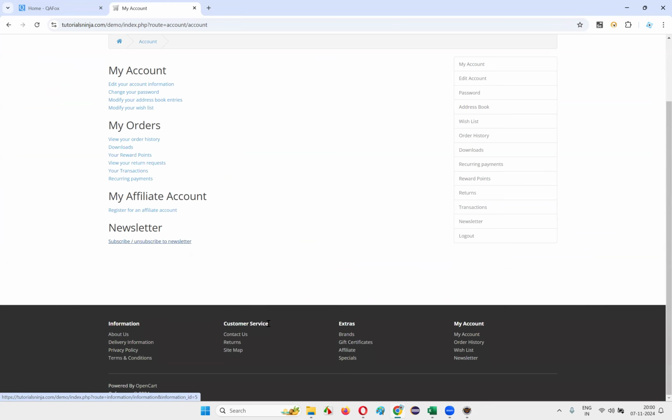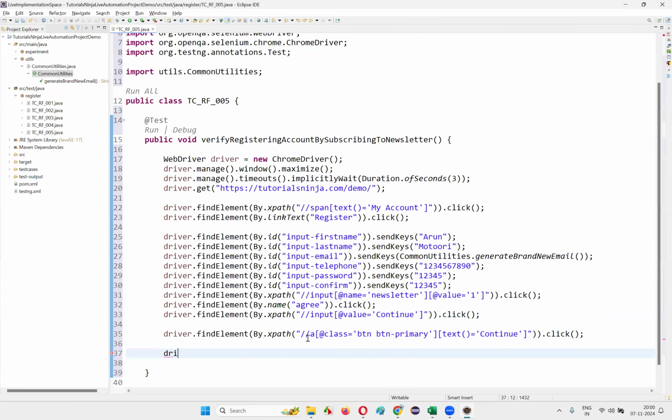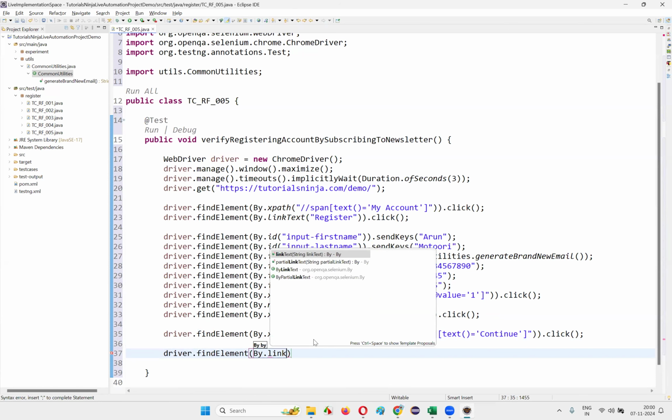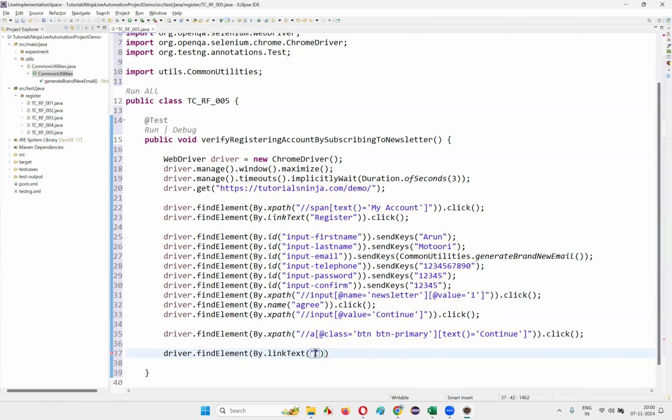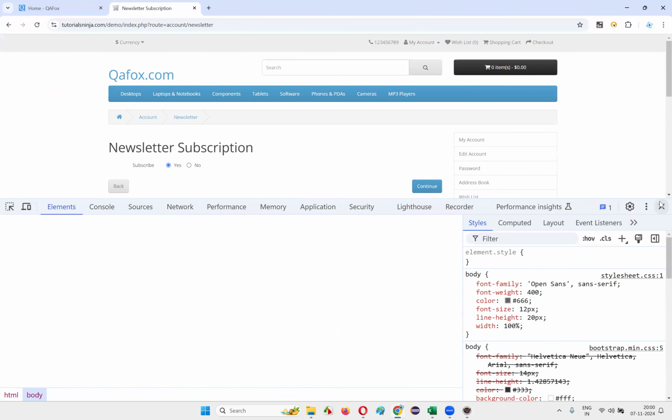For that, I'll inspect the subscribe, unsubscribe thing, and then here, copy this part. This is a link text, anchor tags. So I'll do driver.find element by dot link text, provide the link text locator, and then say dot click. This will select this link and take you to the newsletter